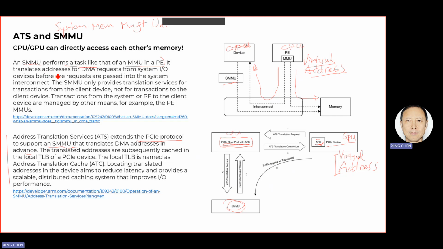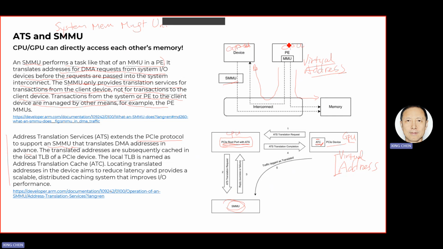It translates addresses for DMA requests from system I/O devices before the requests are passed into the memory interconnect. The SMMU only provides translation services for translations from the client device, from the GPU to the CPU, not for translation to the client device. Translations from the system or PE to the client device are managed by other means, for example, the